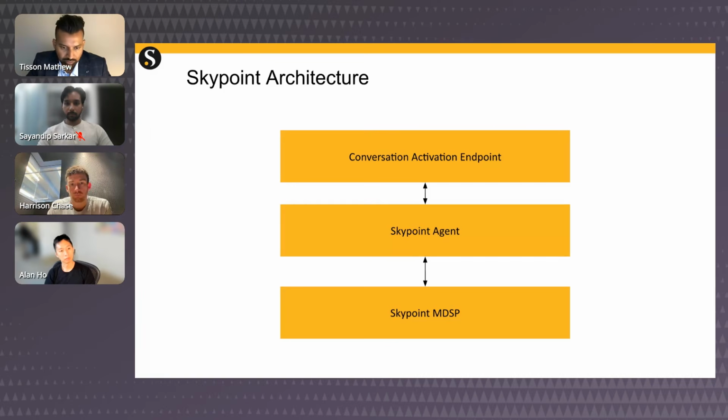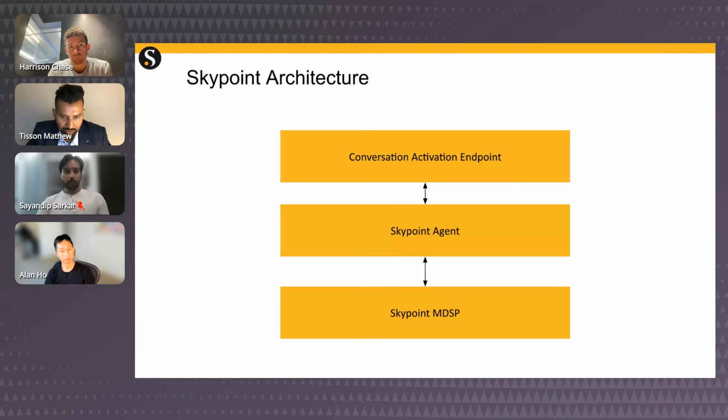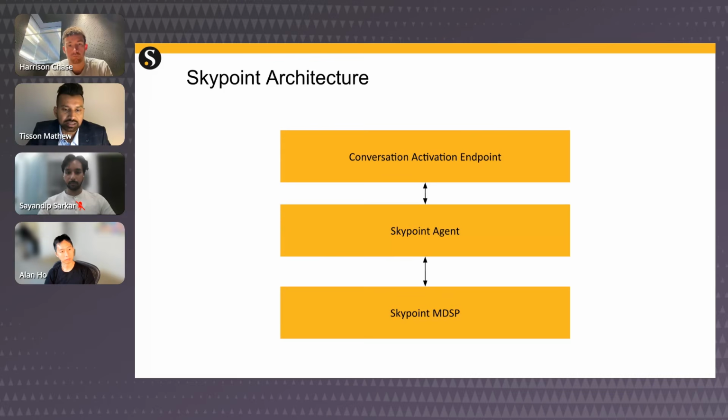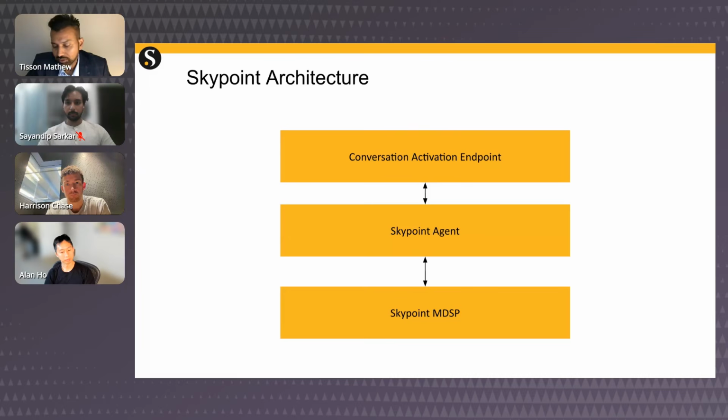So that's what we kind of refer to as the MDSP. That's where our enterprise data is. So it is highly sensitive, highly sophisticated, and it has a lot of guardrails around security and privacy, HIPAA, for example, things like that. And the next level is what we call a Skypoint agent,